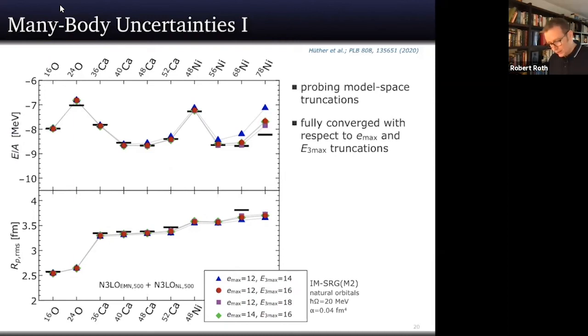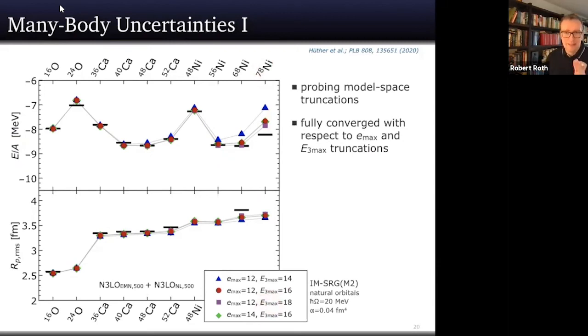There in particular, you see that you have a big effect of this E3max cut, and you should probably go even further than this E3max 18, which is kind of state of the art. So we did that a while ago already, and still it's very hard to go beyond this because of the number of matrix elements. But you see that if going heavy, you might want to go still lower in energy with still larger values of the three-body truncation.